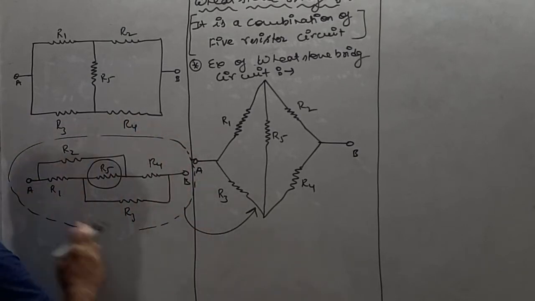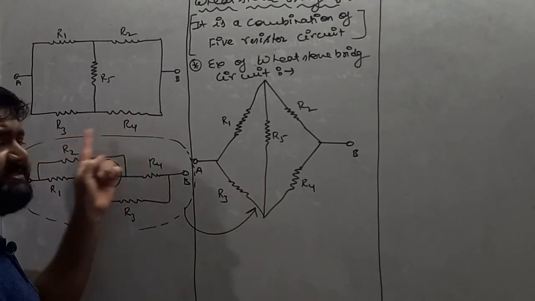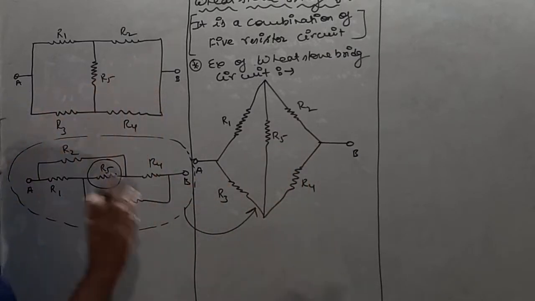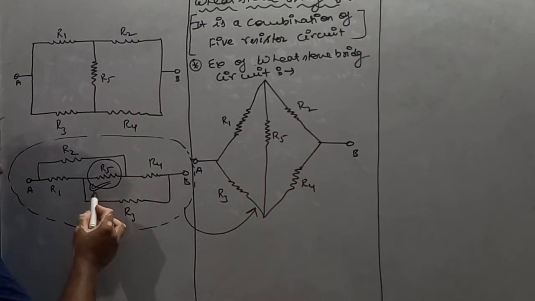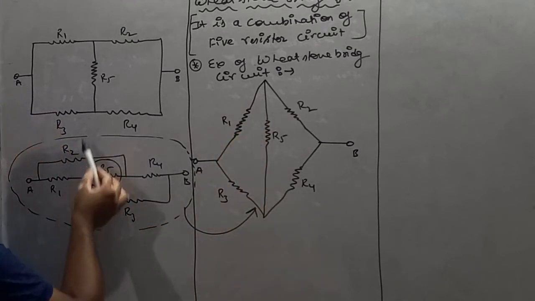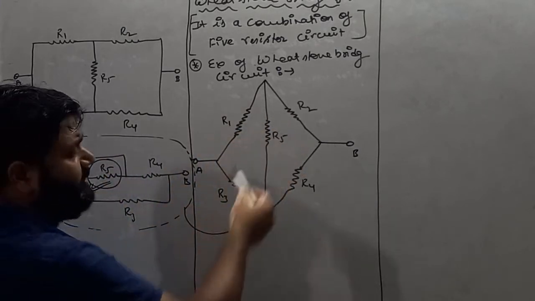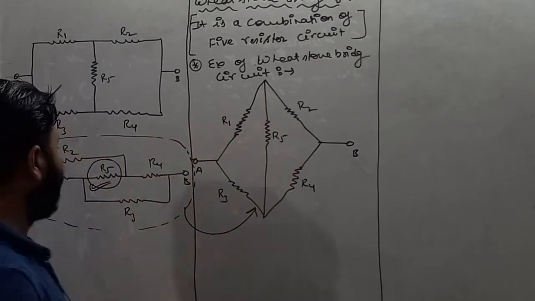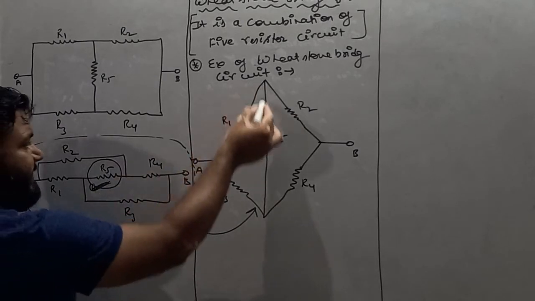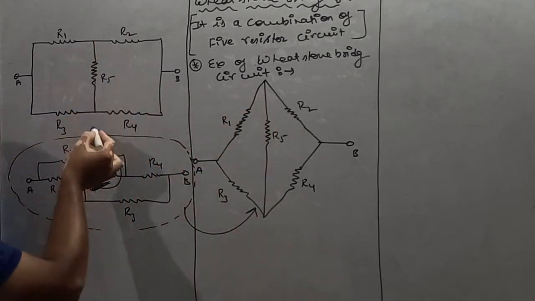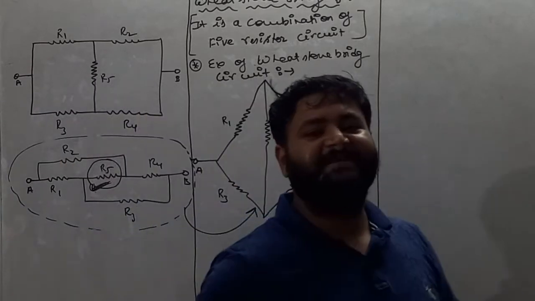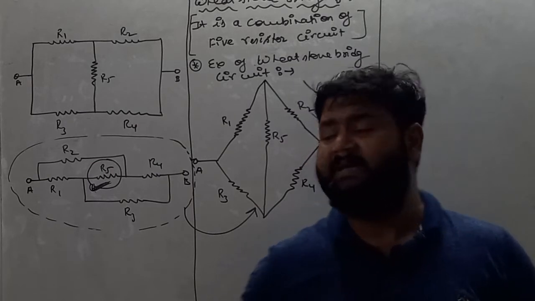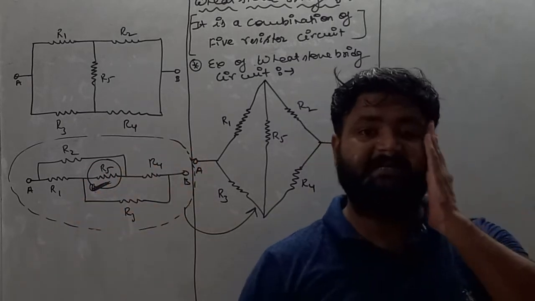You can't handle the situation according to this circuit. So first convert this circuit into this form or this form, and remember this second resistor must be connected here. All the other resistors you can connect anywhere, but remember this resistor must be present in this situation. So a combination of this kind of circuit, or a combination of 5 resistors in any electrical circuit, is considered to be a Wheatstone bridge.